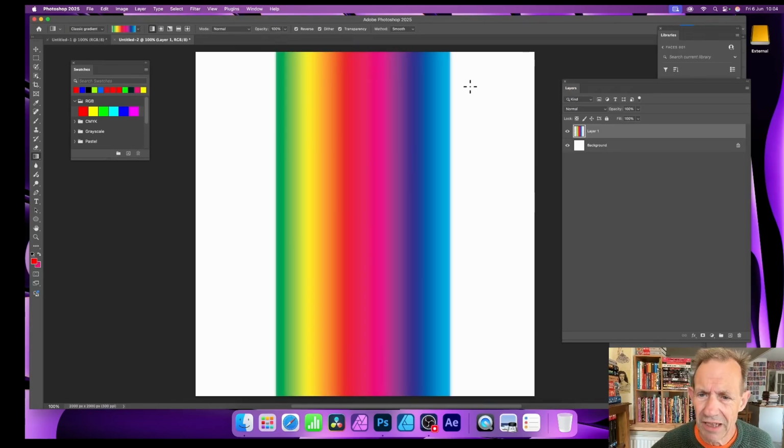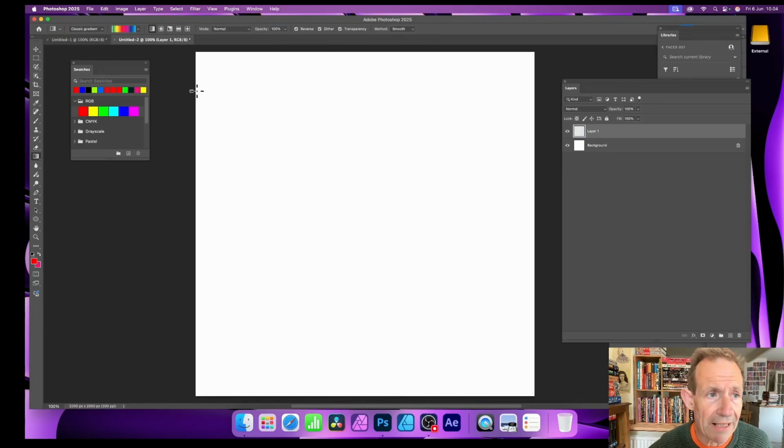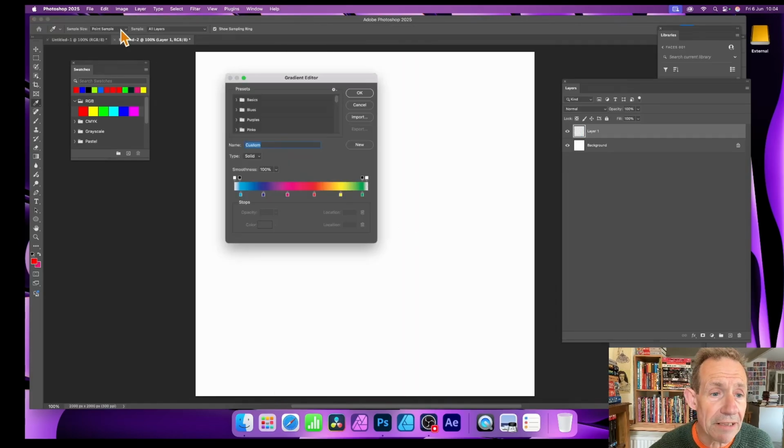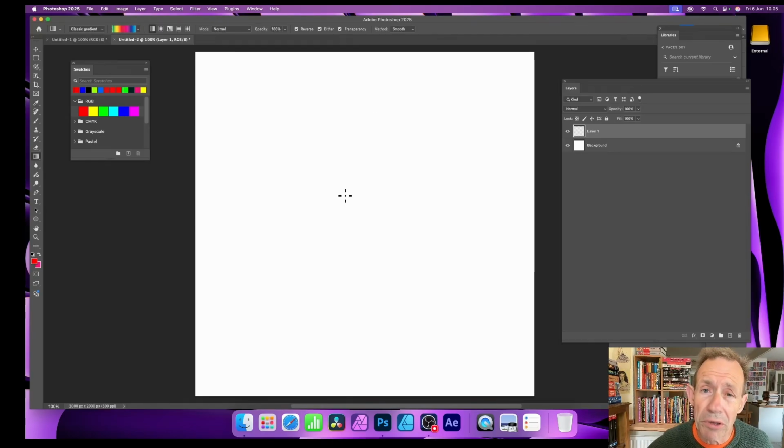You think, well, hey, why is this missing over here? Well, I've added some transparency to this. So just go back and click up here with the gradient, and this is just your standard rainbow gradient, but I've just added some opacity stops at the end, 0% and 0%. I've just moved the 100% one slightly to the right and left, and then you can create a bit of transparency. And I want that, and I want it on a layer.